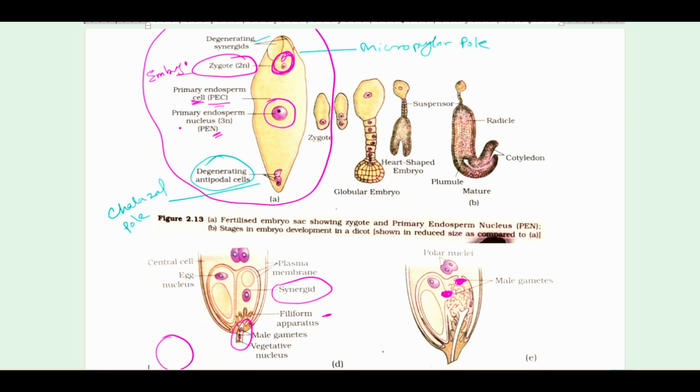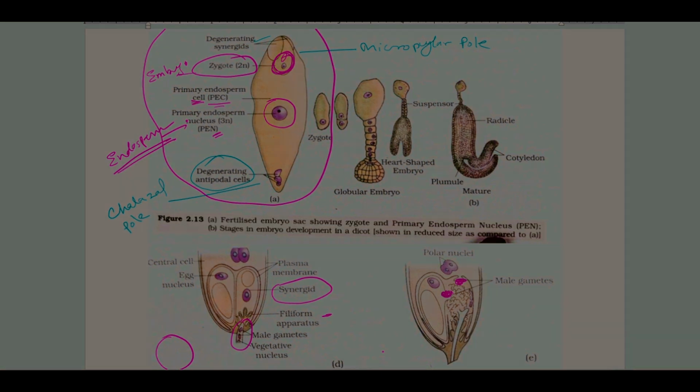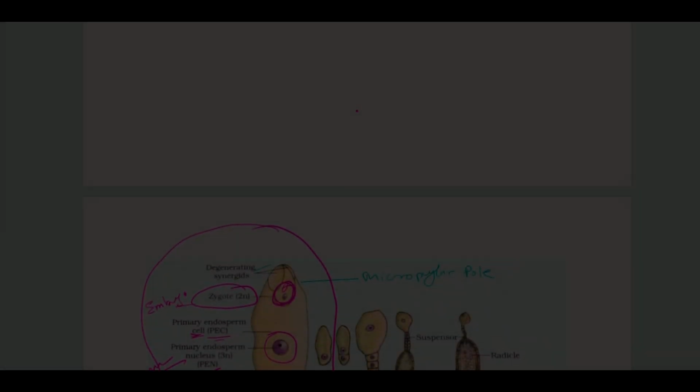So now the question is how to draw these difficult diagrams in the exam. In the book you can see it is easy to see, but it is difficult to draw. So let's have a look at how to draw the diagram of a pollinated pistil during and after fertilization. Whenever you want to draw the diagram, first you have to start with the top. This is the stigma, style, ovary.